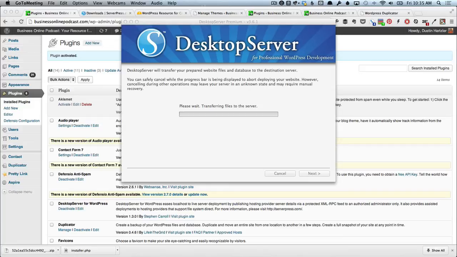John asked, what happens if your offline website gets out of sync, i.e. comments, orders with your live website? Can you do a merge when you write it back? Yeah, that is a superb question. I'm not sure if DesktopServer can do this or not. I actually use another program to do that, and it's a plugin, it's called